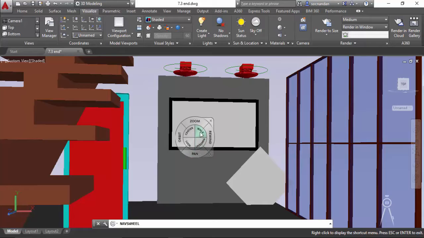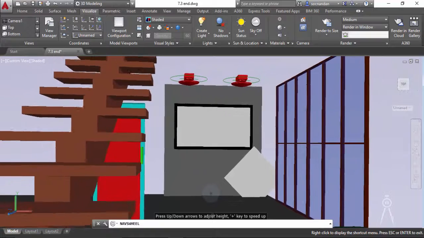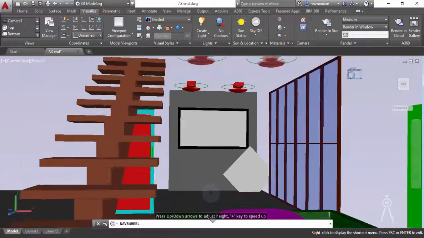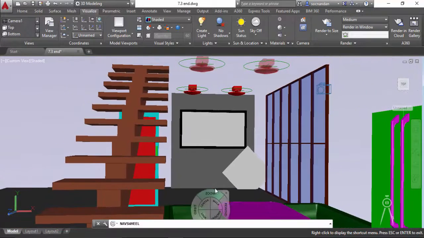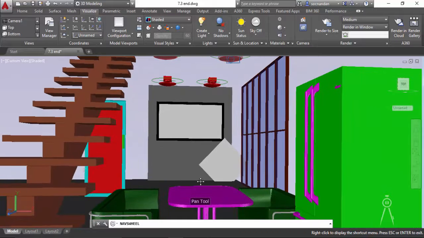Now here we have this walk command. So select this walk option, and this will behave as if we are walking inside this house. So let's walk on the back side of this house so as to include maximum objects in the camera view. And okay, there it is. And I'll also move a little bit towards right now. So let's move a little bit towards right, and there we have it.